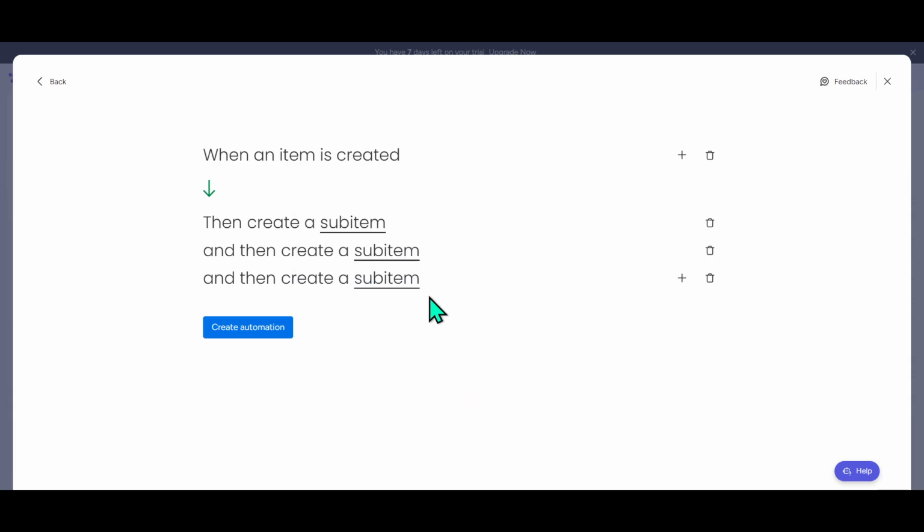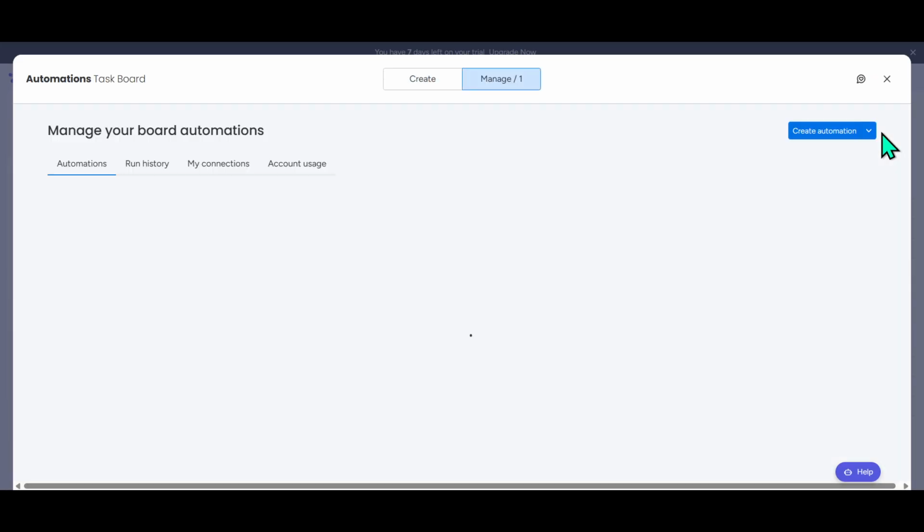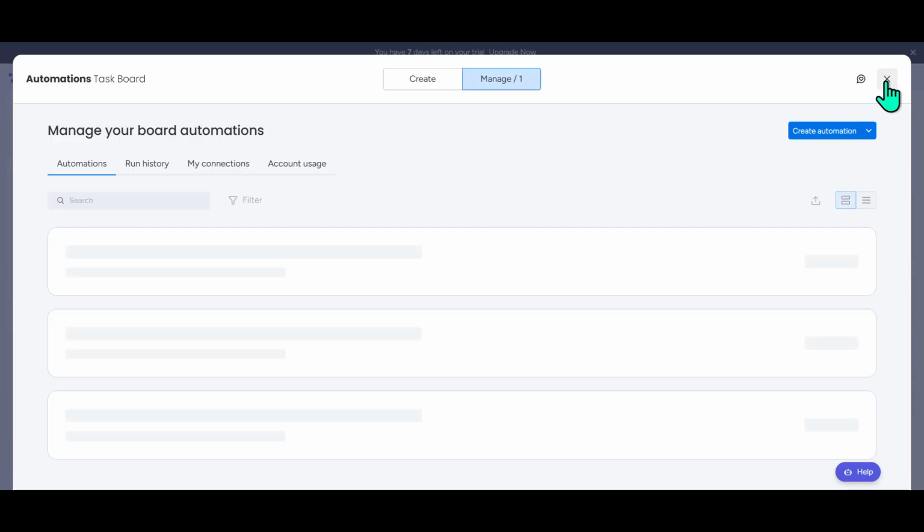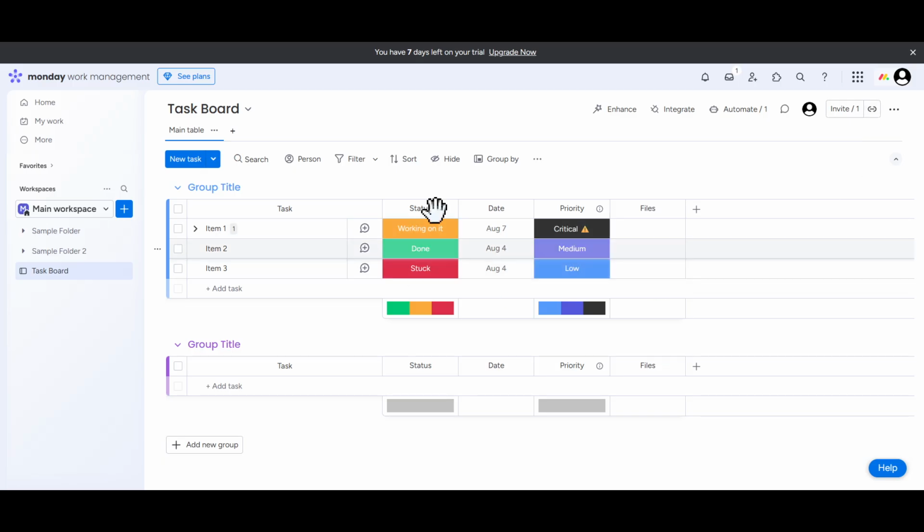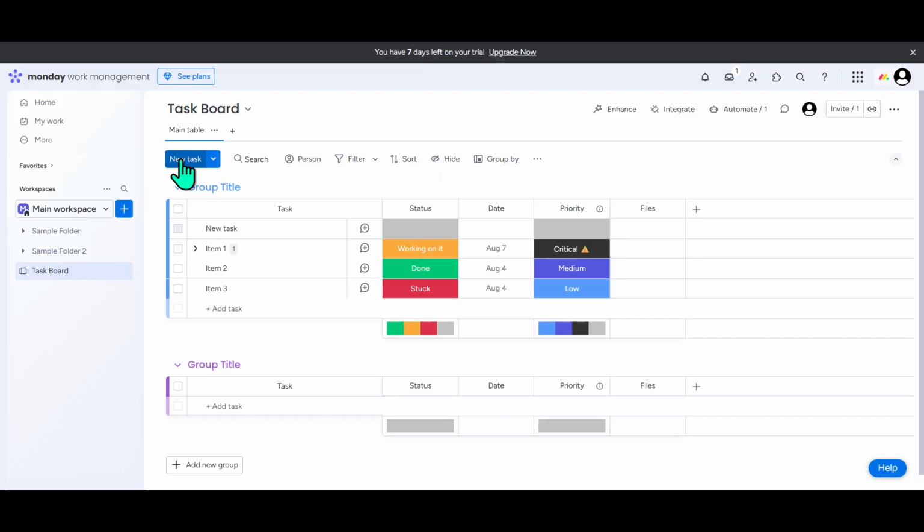your project. And there you have it. By following these simple steps, you can automate the creation of sub-items for each new item on your board, enhancing efficiency and maintaining organization in your workflow. Whether you're managing a simple project or coordinating complex tasks, this automation can make a significant difference in how you